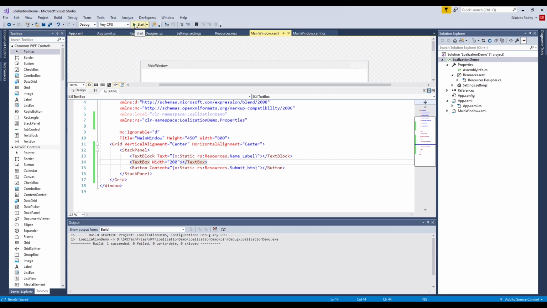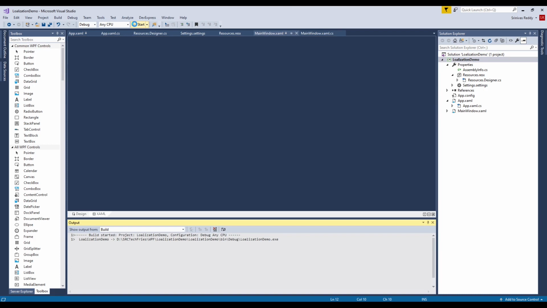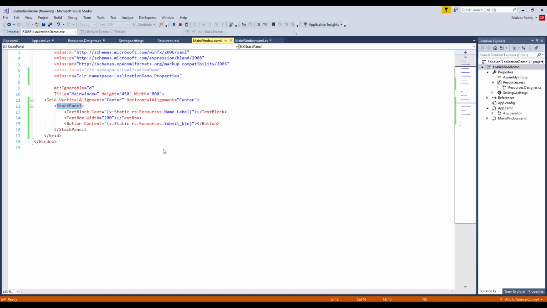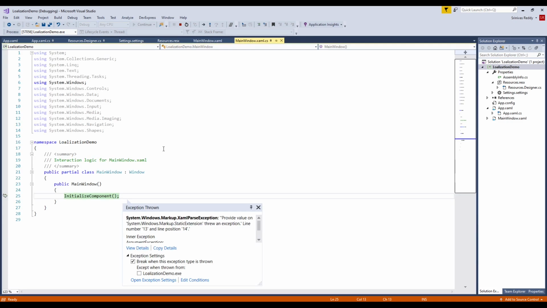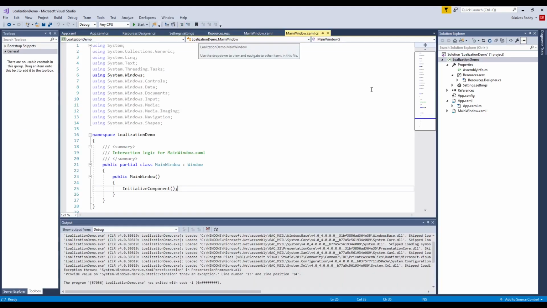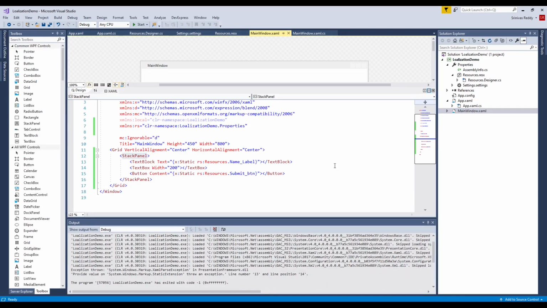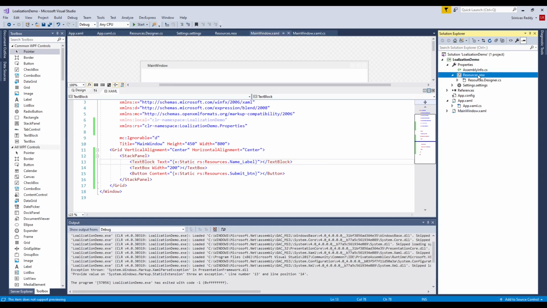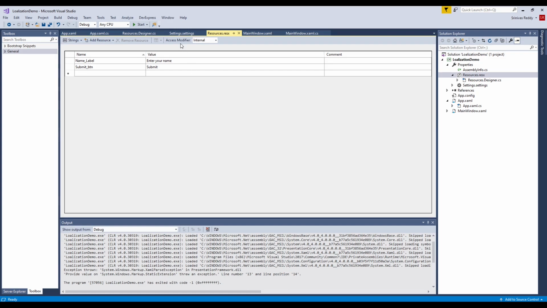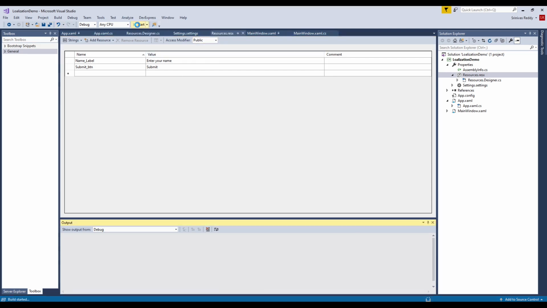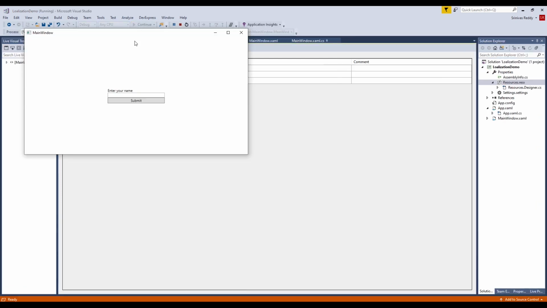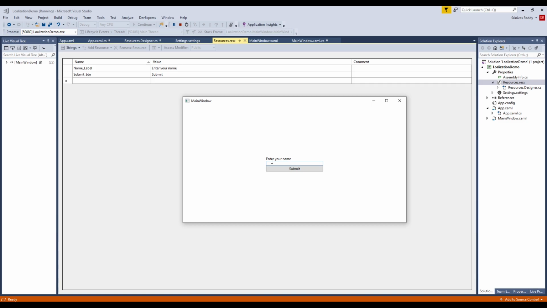Now let's execute and see whether the application is working fine or not. Remember that we are taking the values from the resource file. We have not hard coded values. It's giving a problem. Let us see what that is. Yes, you are getting the problem here. Why? Because this resource file's access modifier is still internal. You have to set that to public. Let's make that public and run the application again. Right, now the application works fine. We are taking the values from the resource file.